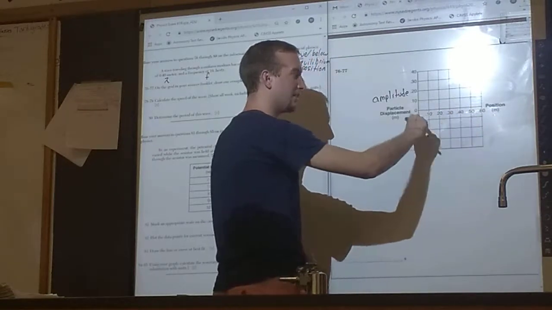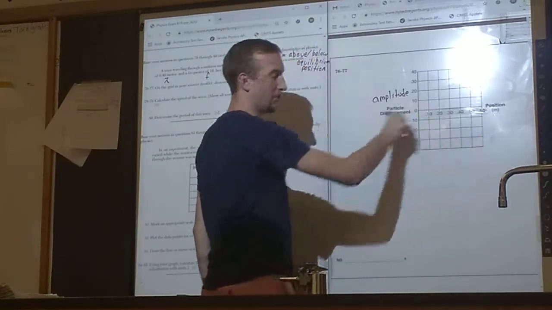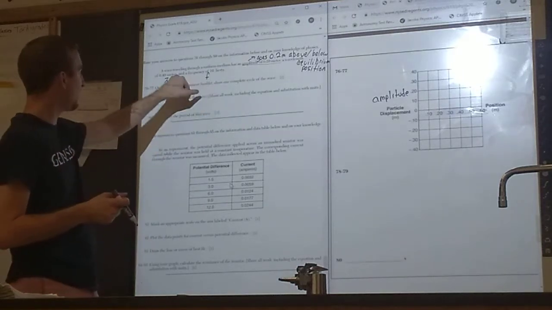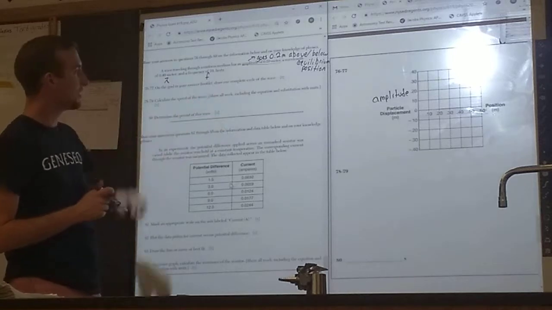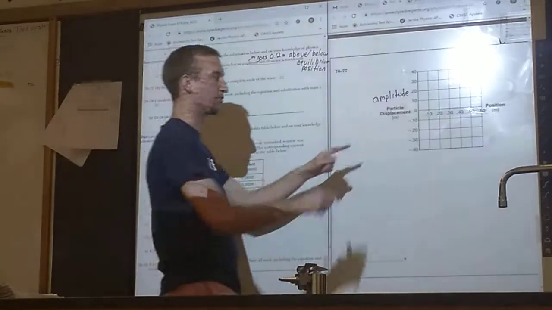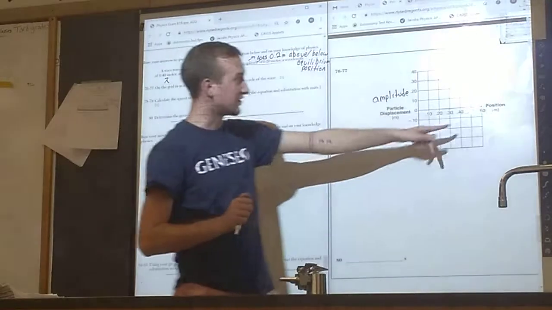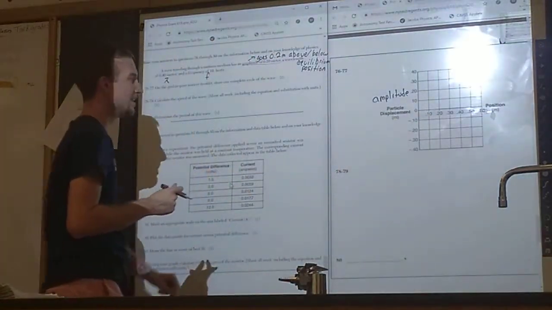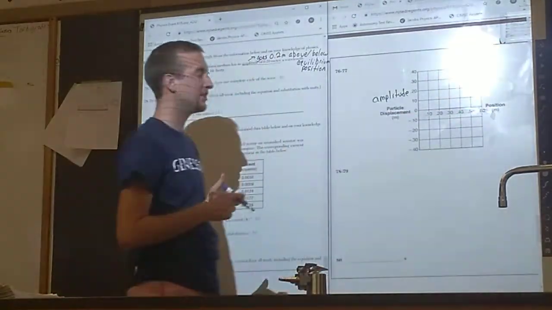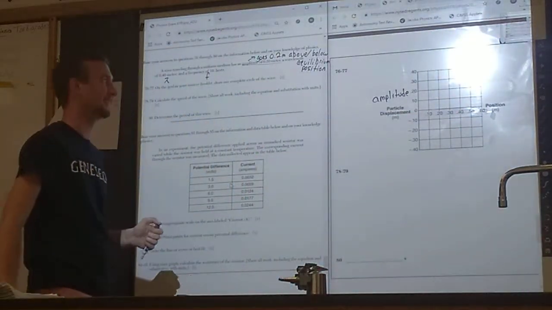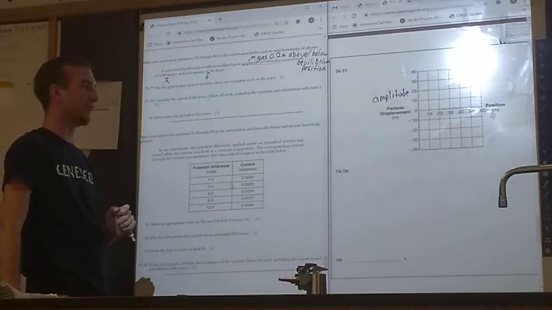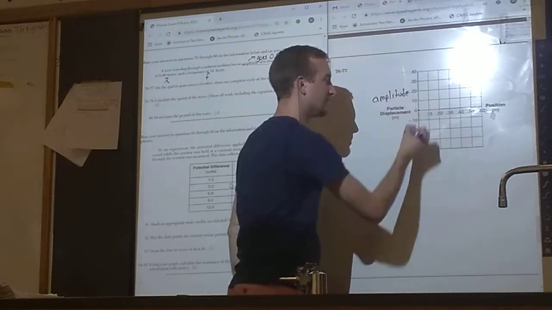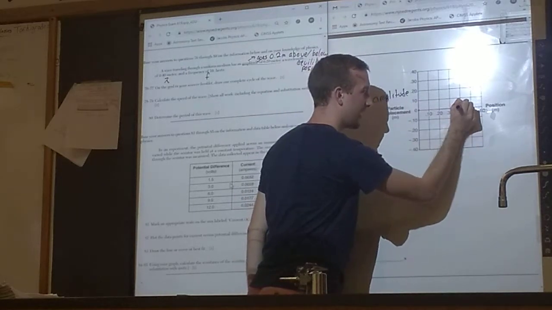Position is measured in meters, which means this is a spatial axis. It has to do with distance. They give us a wavelength and a frequency. Don't get messed up with the frequency and think that you're supposed to do something on the x-axis. If this was a time axis, absolutely the frequency would be very, very important. But as it is, this is a position axis. That means we have to display some sort of distance on it, and that distance is going to be the wavelength. We know that this wave has a wavelength of 0.4 meters, so we should probably start and end this wave